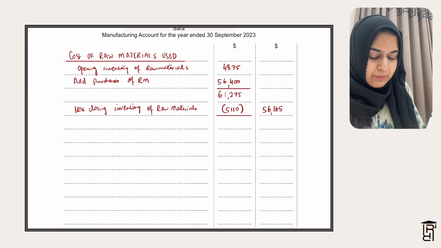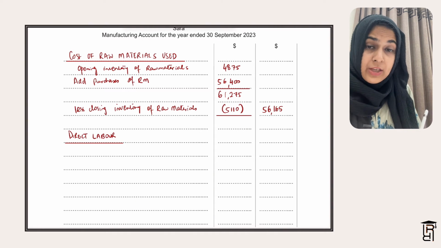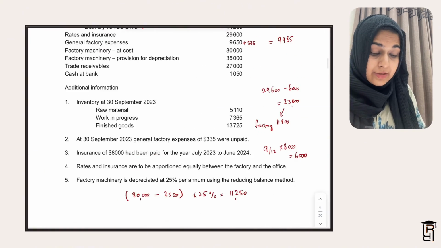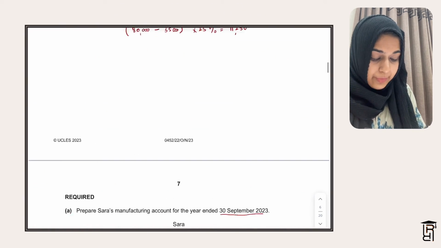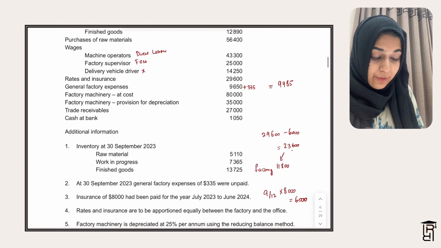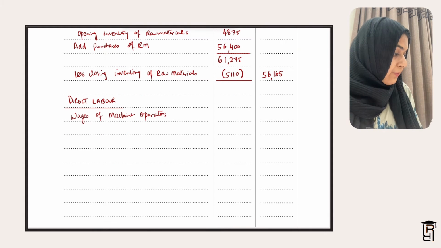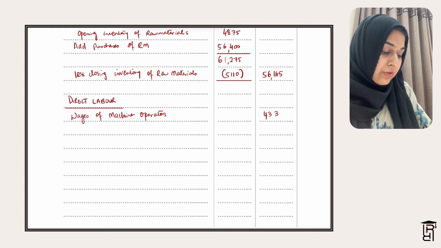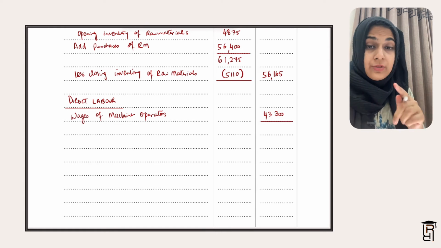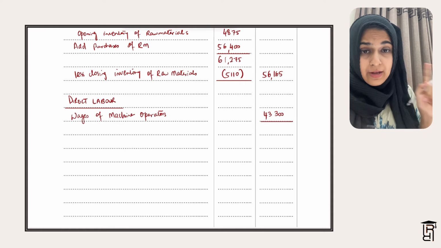Then I need to add my direct labor. So I write here direct labor. I write wages of machine operators. So we have wages of machine operators as direct labor, and it is 43,300. So I write here wages of machine operators. So wages of machine operators is 43,300. So when I add both of these, 56,165 and 43,300,